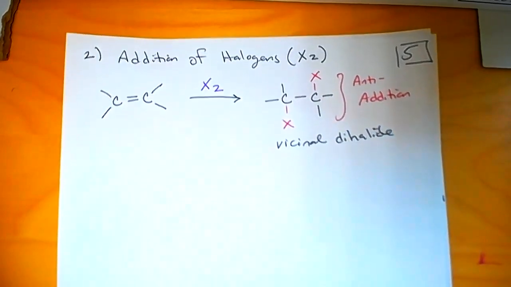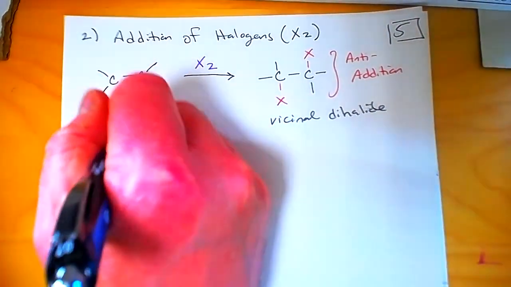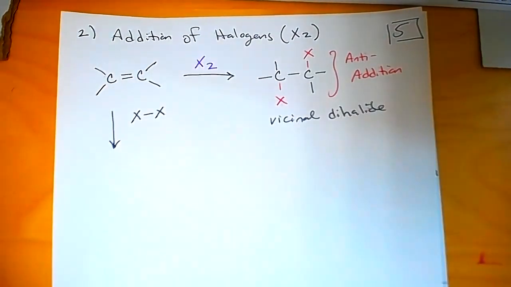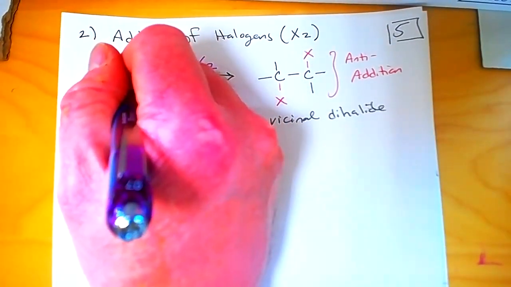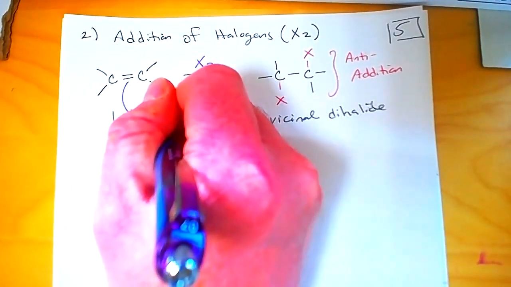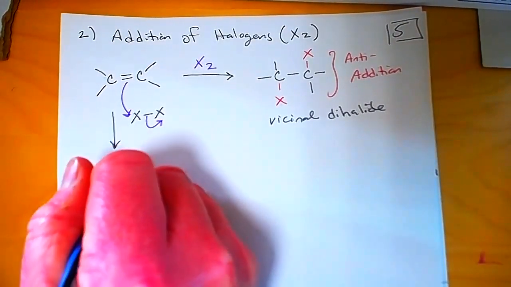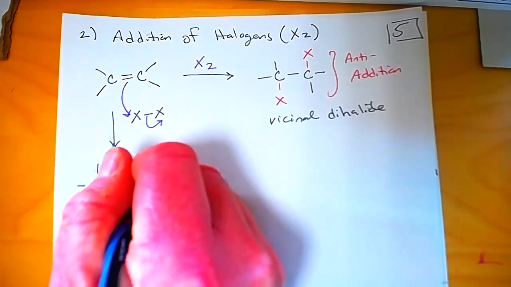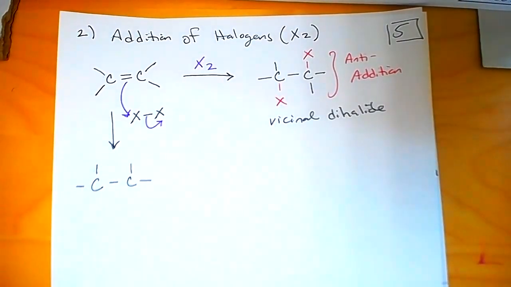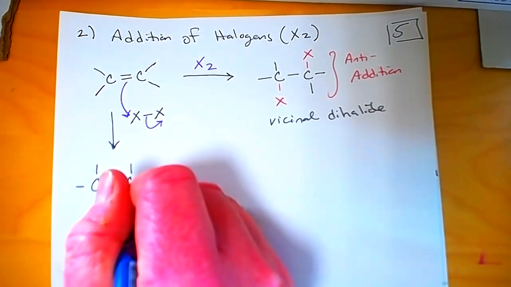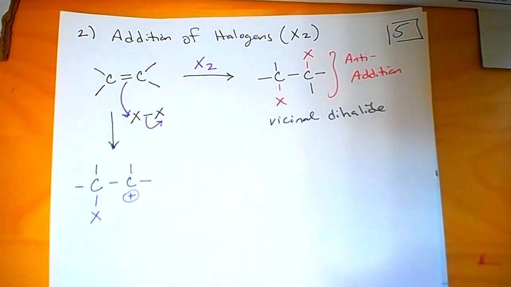Okay. So the way we get there mechanistically is the halogen itself is a very good electrophile, meaning it's electron poor. And so the pi electrons can react with one of the halogens, and the other halogen can act as a leaving group. This is symmetrical, so it doesn't matter which side. One side gets the halogen and one side gets the